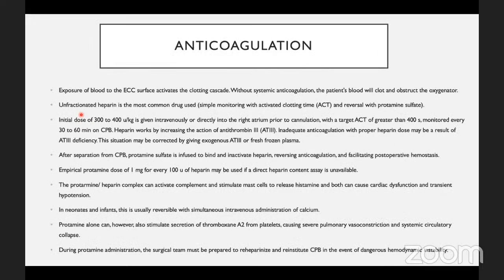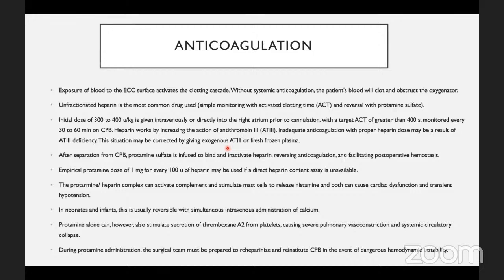Yeah, anticoagulation in children, you need to remember, is almost the same as in the adult after 6 months of life, but up to 6 months of life, we have an issue. The antithrombin levels in neonates and up to 6 months are depressed. Children are born with only about 50% of the antithrombin 3 levels. That's why you need to give a higher dose of heparin. The standard dose of heparin for neonates is 400 micrograms, not 300 as in an adult. We need to give a higher dose of heparin and make sure that the ACT is in a higher range,